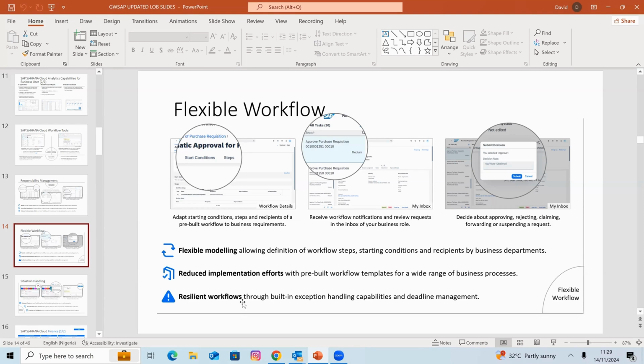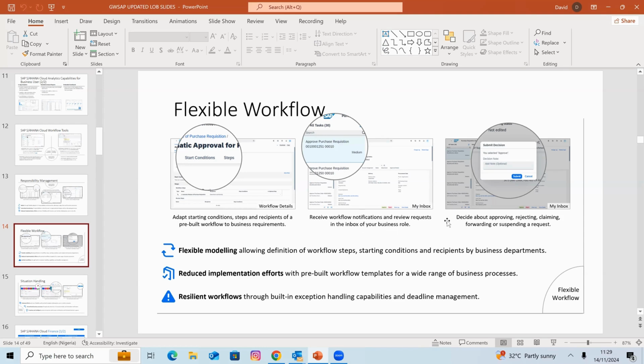You can start with the starting conditions, the steps and recipients of the pre-built workflow, and receive workflow notifications and review requests in the inbox of your business role. We have both a mobile version and a web version, so you can handle some of these approval processes on your mobile.